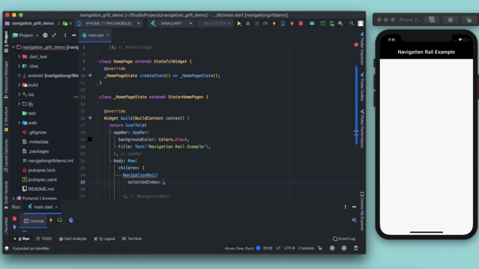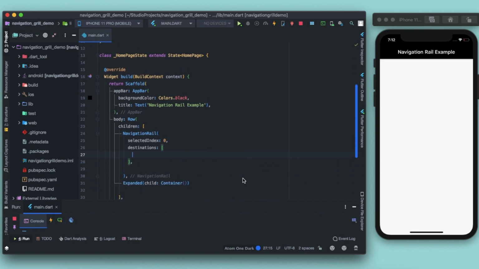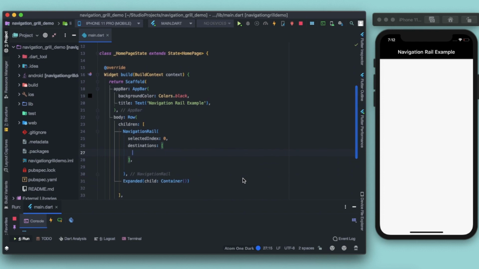In an array, in a list, the index starts from 0. So given that we have 10 elements in a navigation rail, the index will start from 0 to 10. And each time a new navigation item, a new icon is pressed, I want the index to be updated. I'll show you, don't worry. Till that time, let's give the value as 0. And next is destinations. This takes up a list of navigation rail destinations.